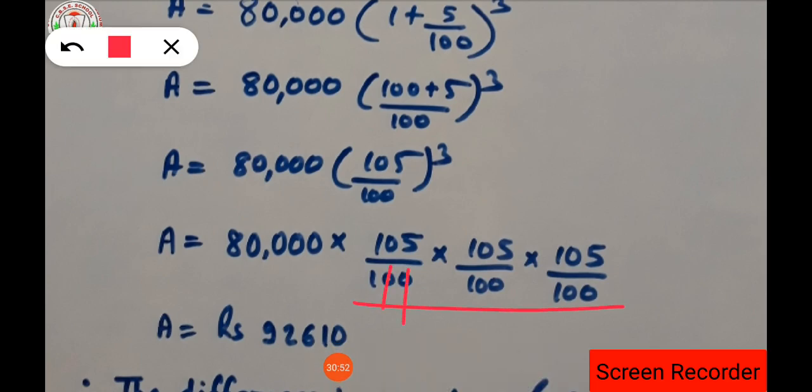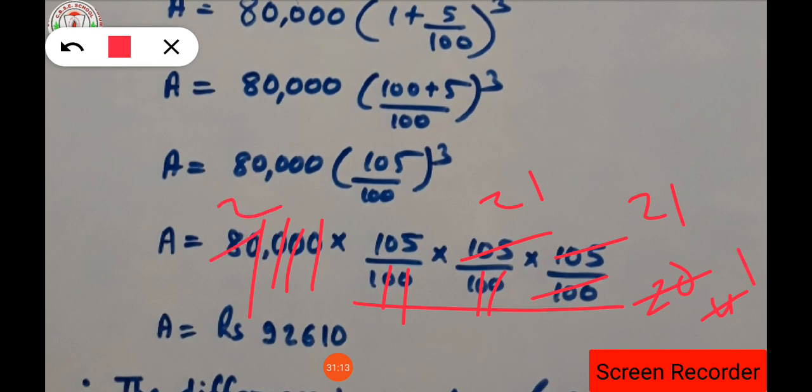So 100 can cancel from the numerator and denominator. Again the 20 will cancel from here. Now this will be 5 table how many times? 20 is 5 table 4 times, 105 is 5 table 21 times, isn't it? Again by the 5 table 4 times, 105 is 5 table 21 times. Now for 4 ones are 4 and 4 twos are 8. So what is the number left out?